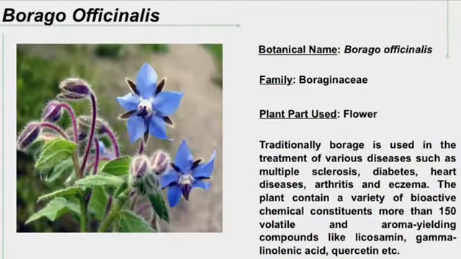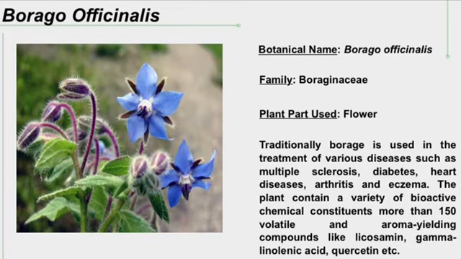Our plant for this research is Borago officinalis. It is from the Boraginaceae family. The part we use for this research is the flower. Traditionally, Borago is used in the treatment of various diseases such as multiple sclerosis, diabetes, heart diseases, and eczema. The plant contains a variety of bioactive chemical constituents, more than 150 volatile and aroma-yielding compounds, like glycosamine, gamma-linolenic acid,